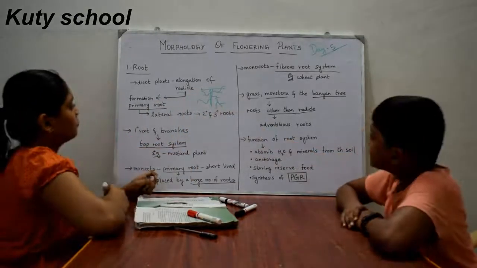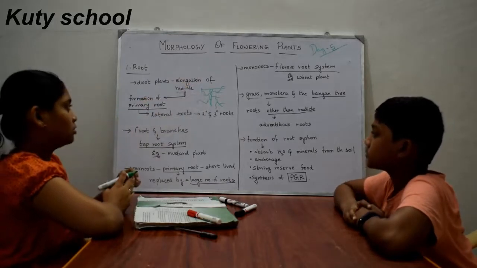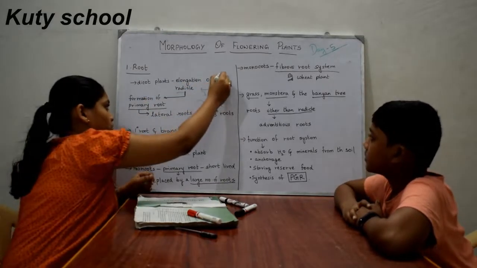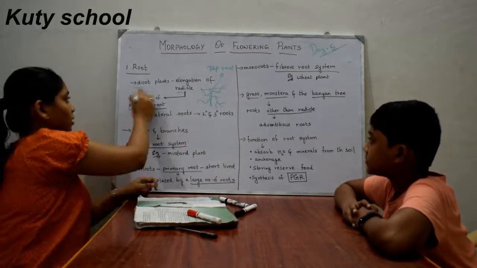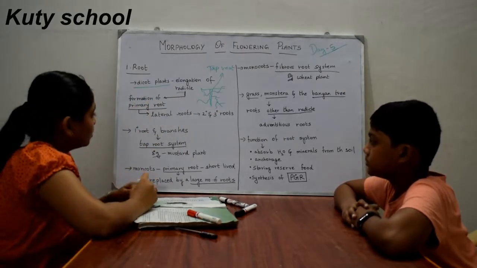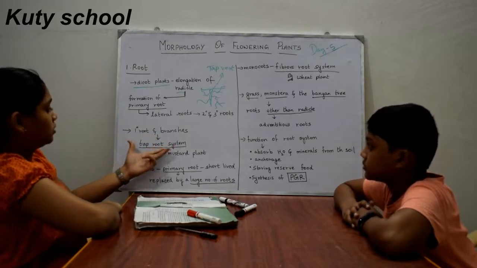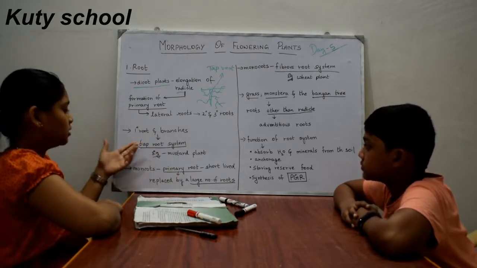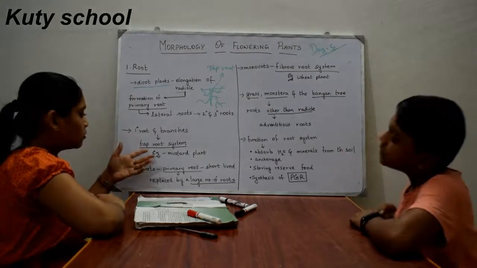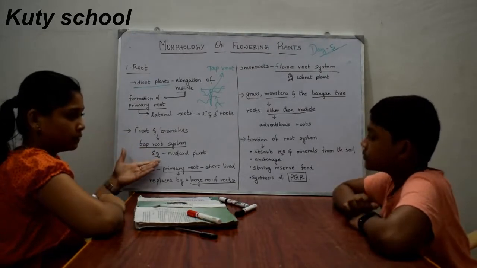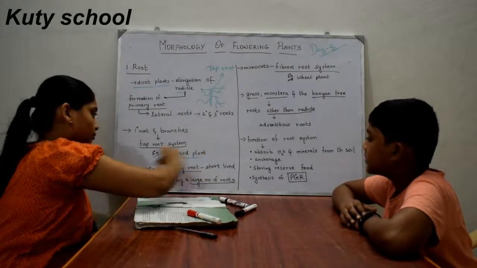This kind of root system is known as the tap root system, which is generally found in dicot plants. The primary root and its branches, the whole system, is known as the taproot system. This is present in the mustard plant. Mustard is a dicot plant, and it is an example of this system. There are a number of dicot plants, and one such example is the mustard plant.